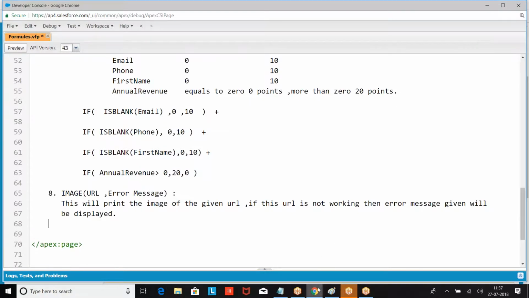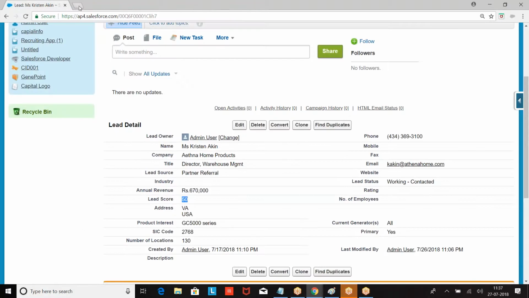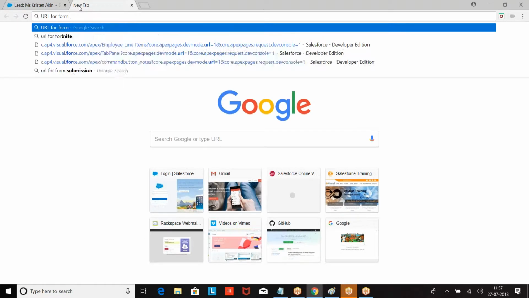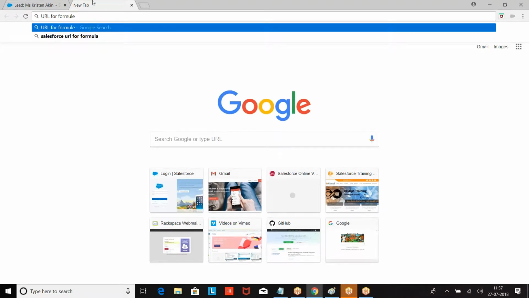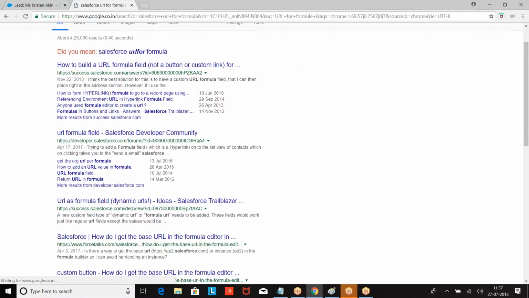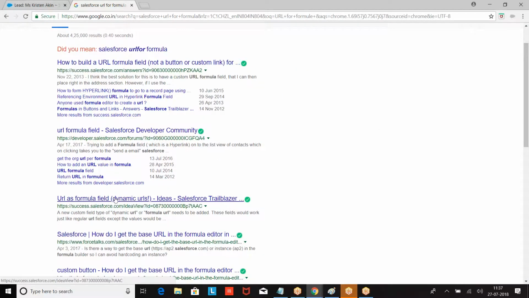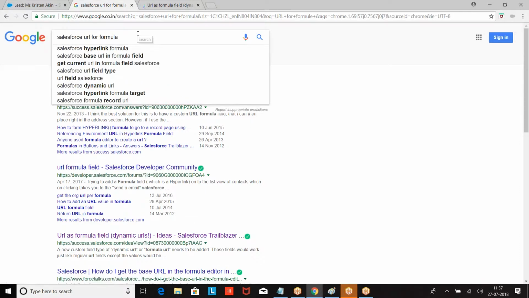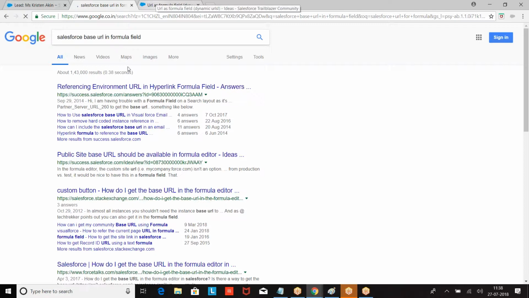Now, Salesforce has already given some sample URLs, which I'm going to use, boss. Salesforce has given some dummy URLs for images. Let me take some basic URLs.